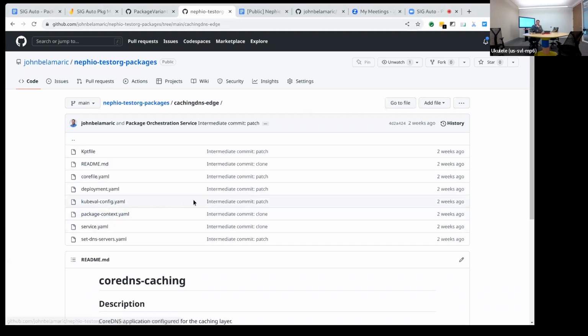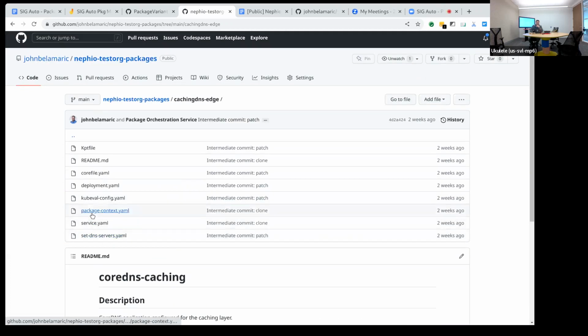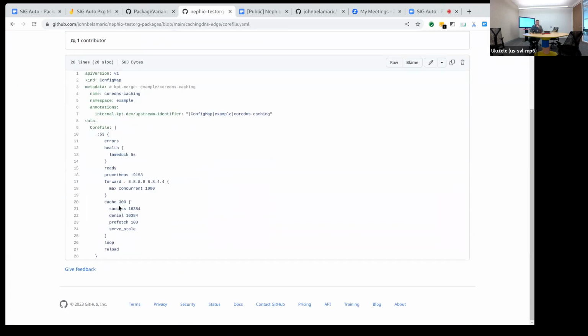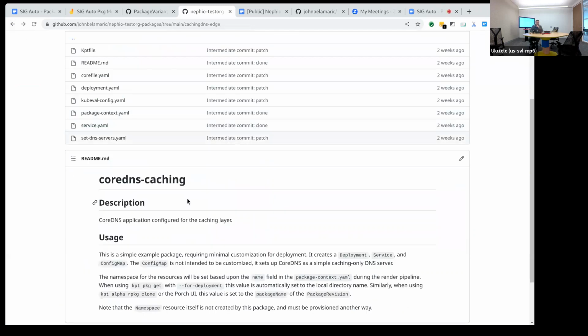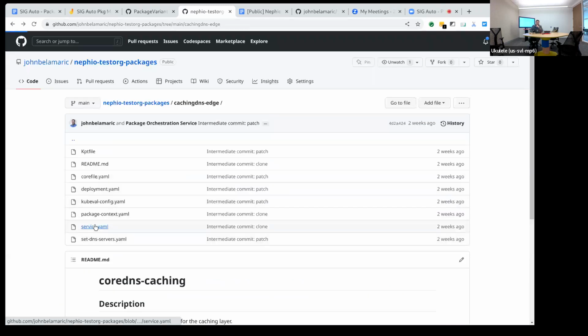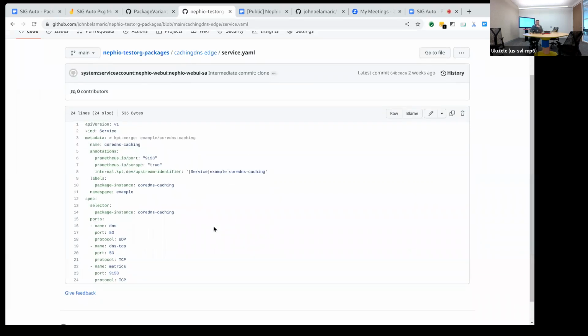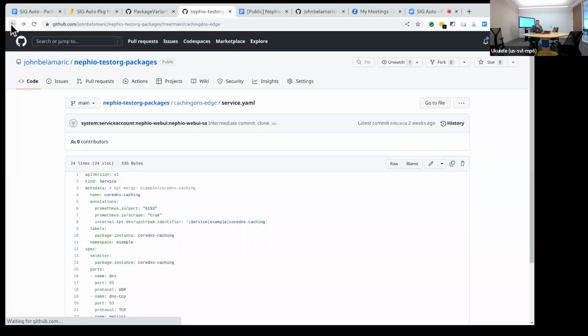These are based on one we have in the Nephio packages examples that I did from way back when. But it's a very, very simple package. Basically, it's got a deployment. It's got a core file, which is the configuration file for CoreDNS. It's just a config map, very simple. And it's got a service for the things running in the cluster to access the DNS layer.